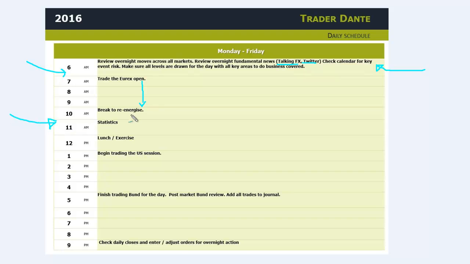Around about 11 to 12 every day, I try to put an hour aside to do some statistics. Now, what I mean by statistics is basically trying to spend some time on something that improves my edge. We will talk about this a little bit later, but usually it's going to be testing a proposition of some sort. For example, when I was interested in exploring the Open Drive and how well it worked, the way I worked it all out is spending an hour a day crunching the numbers and going back and counting occurrences of things. It might take you a week of spending an hour a day. It might even take you longer, but it's just a little thing that I like to work on every day,